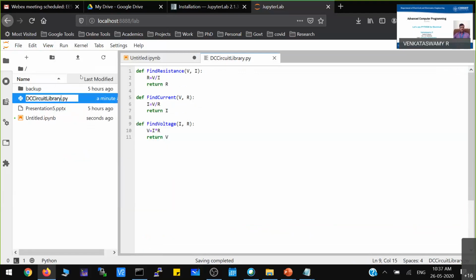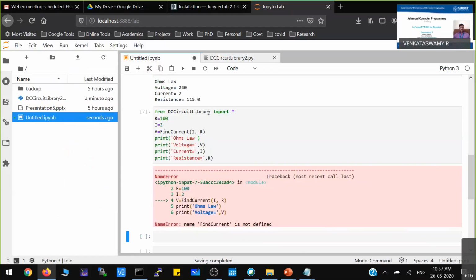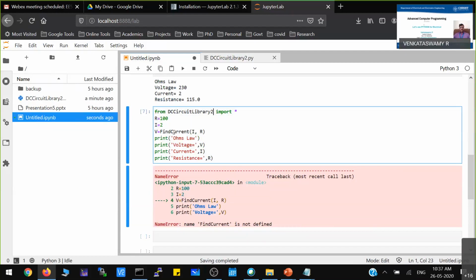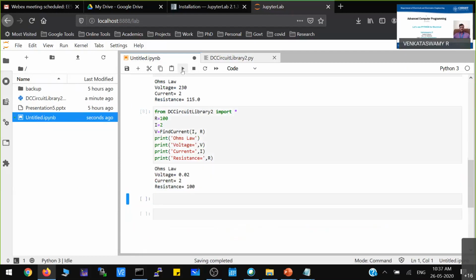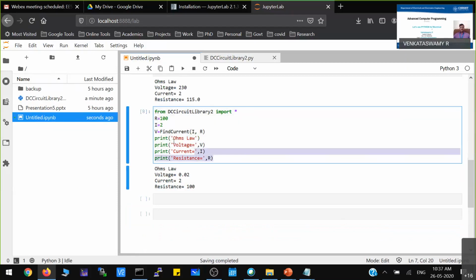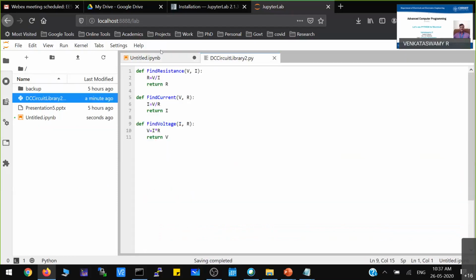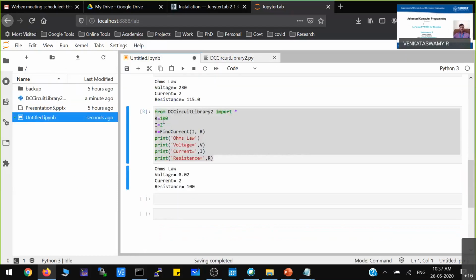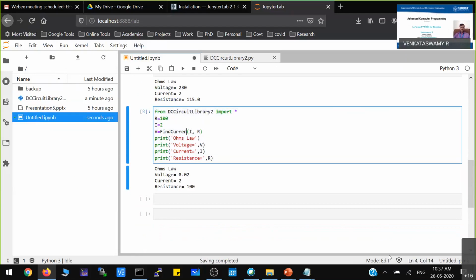Some issue is there in my machine. I'll just import that second library that I created. Now you see, it is outputting. I just renamed that one, because it was compiled and stored. But this is how you can do it. Whatever functions you have created in that directory, you can use now. You can calculate current, and in this particular case, we have to calculate voltage.